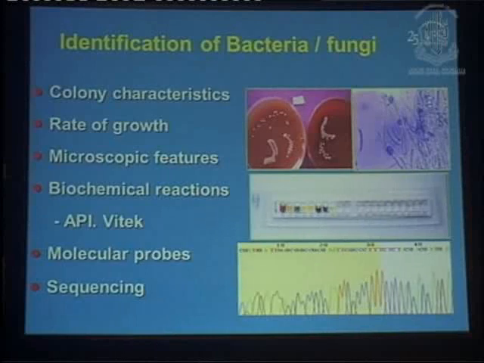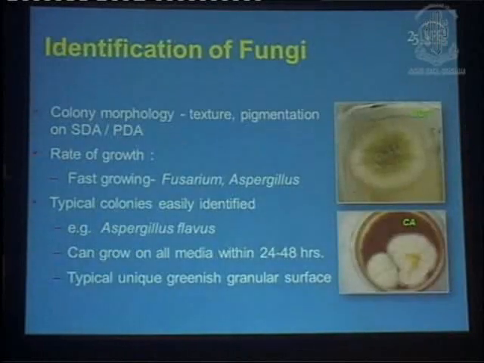Identification of bacteria and fungi is a business of the microbiologist, but it doesn't hurt to know something about them so that you can argue with the microbiologists. And what we do for identification of fungi is mainly to look at the type of colony morphology on the SDA and even on blood agar. Now here we show you that the same Aspergillus flavus has grown on SDA, that is Sabouraud dextrose agar, and also on chocolate agar. So it's not that you always need SDA for the isolation of the fungus. It can grow on blood agar and chocolate agar, and they grow very fast. The fungi which cause corneal ulcers are very fast growing.